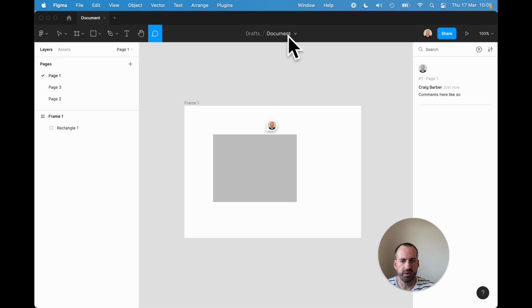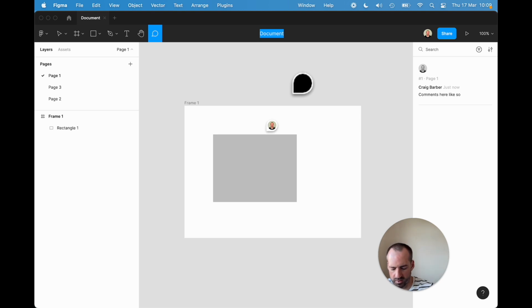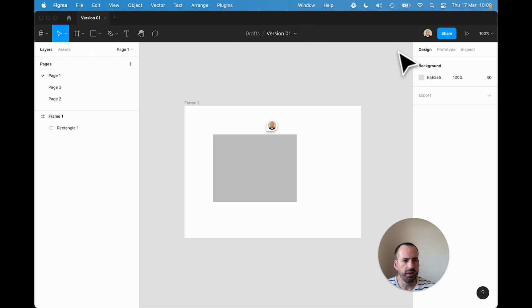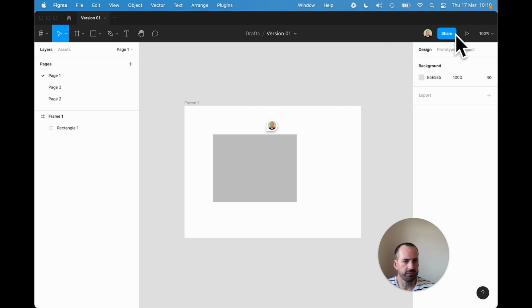Next up in the center here, we have the document stuff. Here we can rename our document, delete it, and so on. Here, for example, version 1, that's where you rename your document. Over here we have a couple more things like our profile. We also have a share functionality, prototype functionality, and also view functionality. I'll be taking you through the share functionality in another tutorial in more depth,